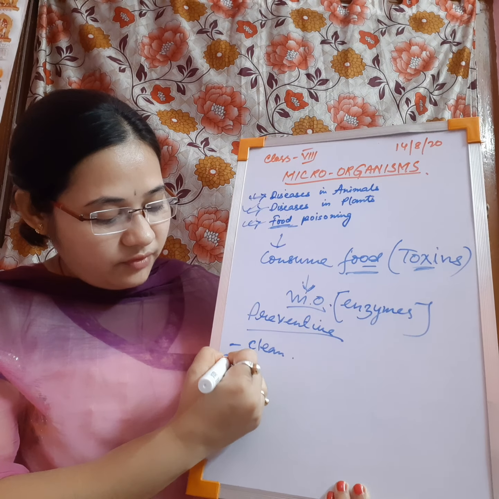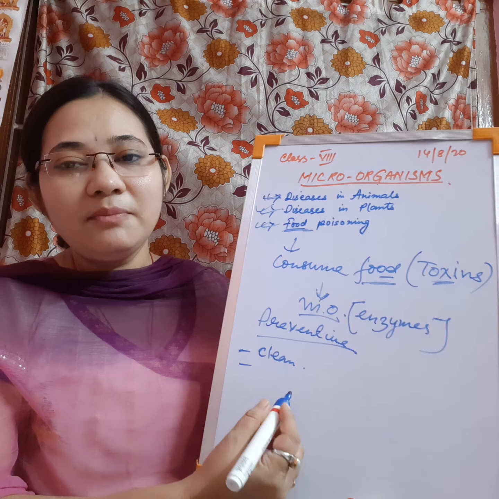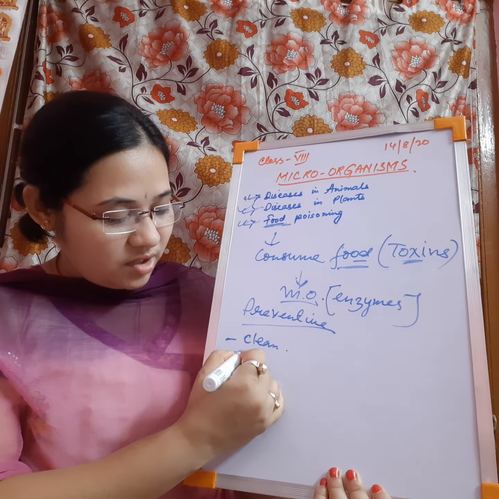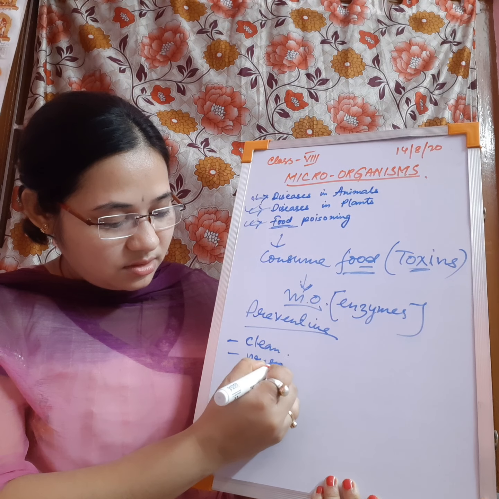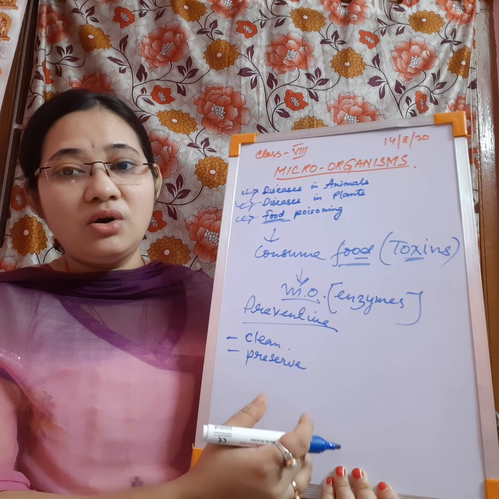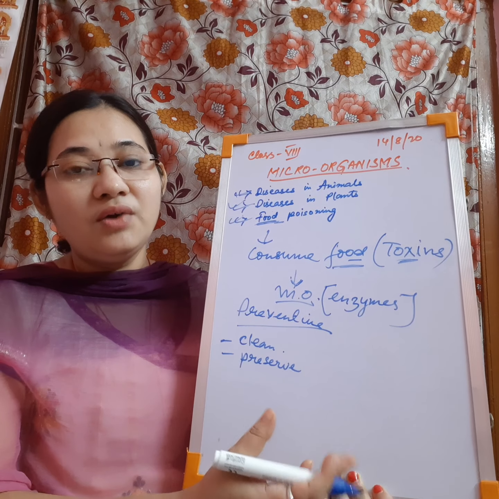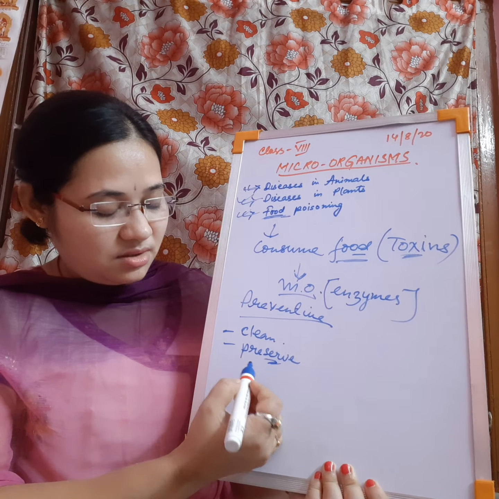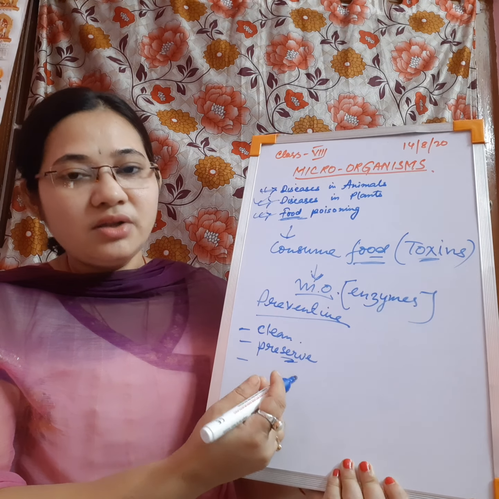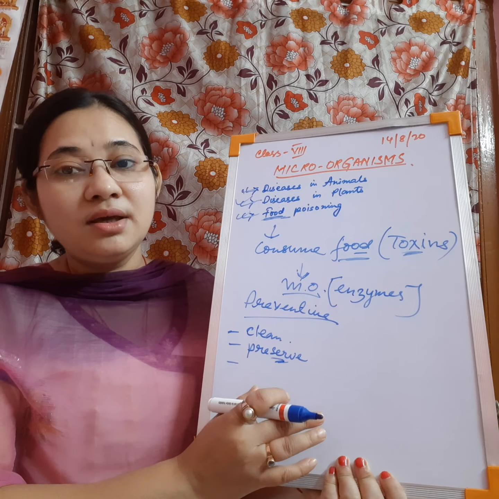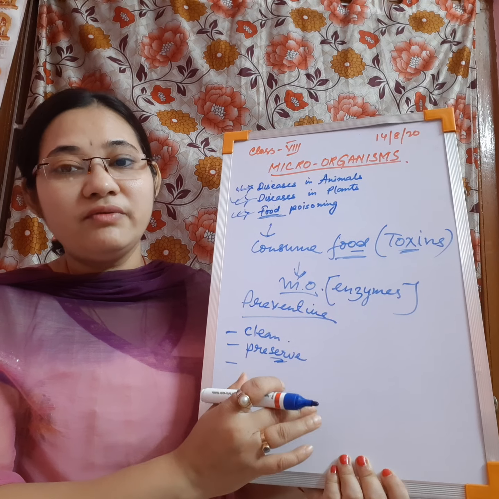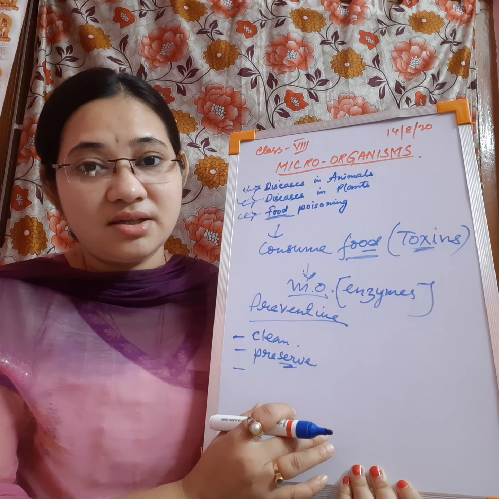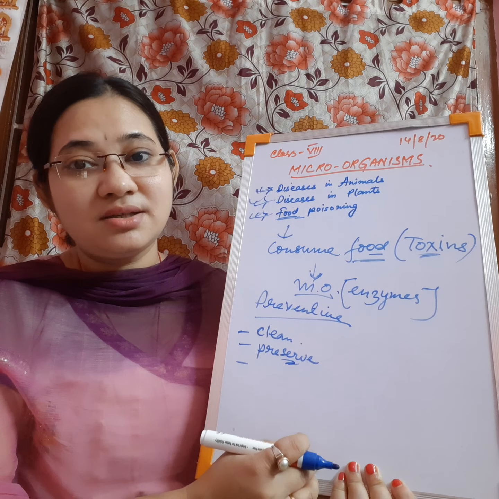Okay, then we will have to refrigerate the food, keep it in such a place so that microorganisms do not grow on them. That means we can preserve the food. Okay, by use of salt or sugar in excess, like pickles, we can preserve them by salts. So in this way you can use preservatives. Okay, and also we will have to avoid pesticides. So we have to take care that our food does not contain pesticides, or traces of pesticides.